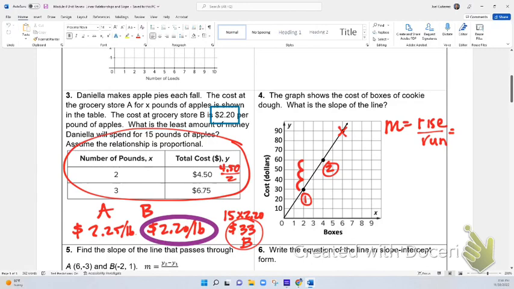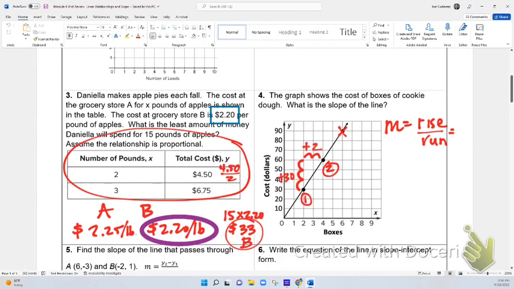So it's not going up by $3. We're going up by 10. So it's 10, 20, 30. So we are going up 30. Let me write that a little nicer. We're going up $30. And then over the course of 2 boxes, so I move this over,